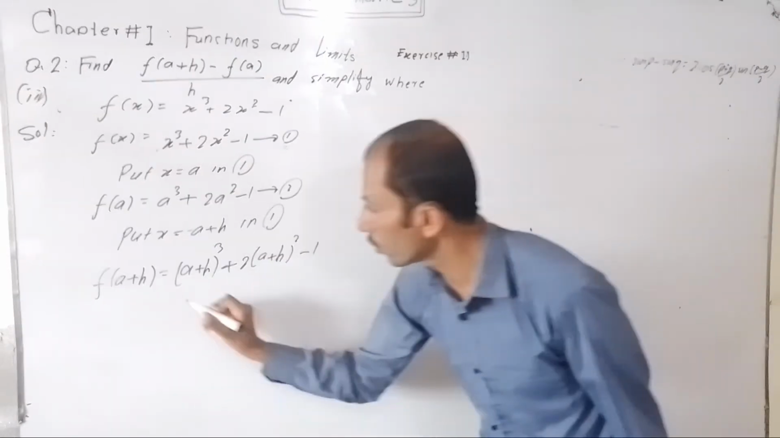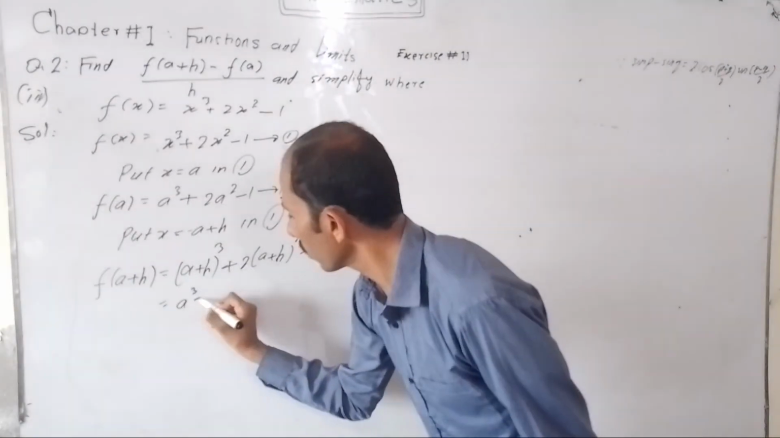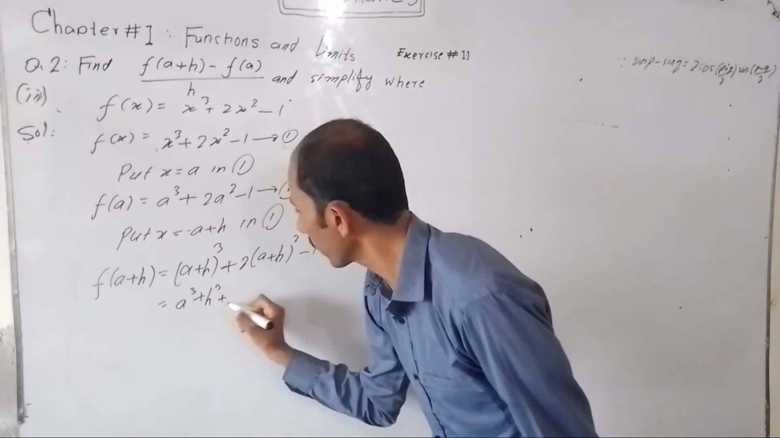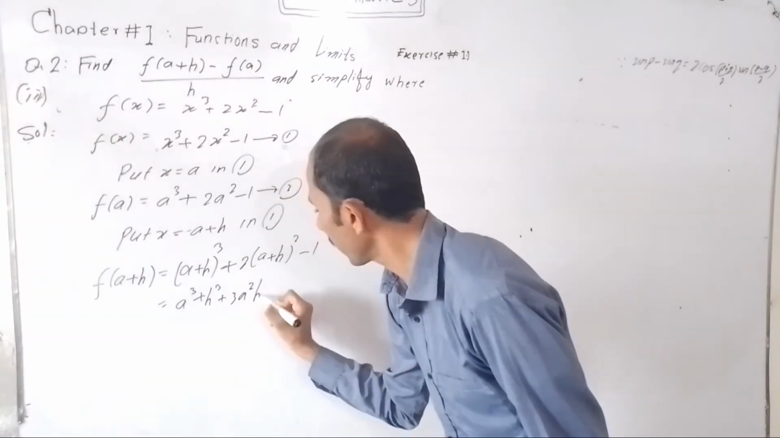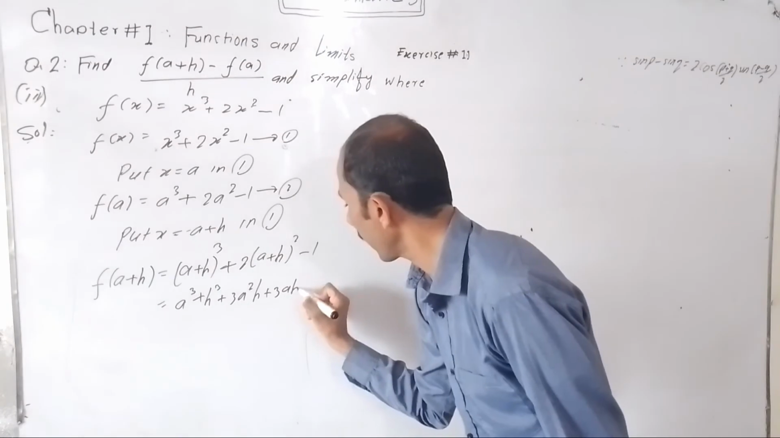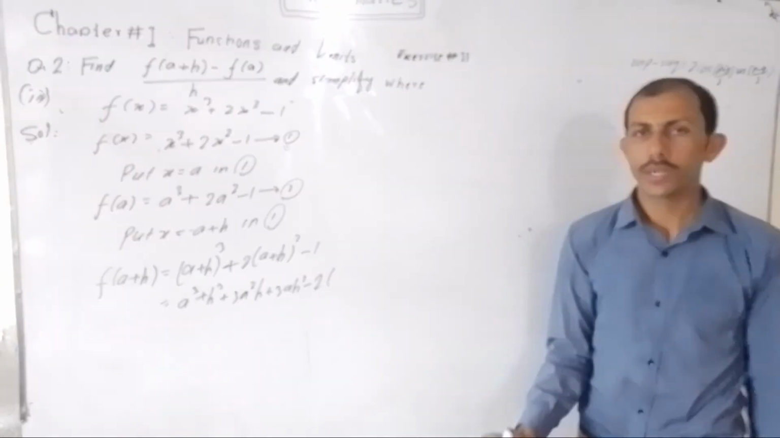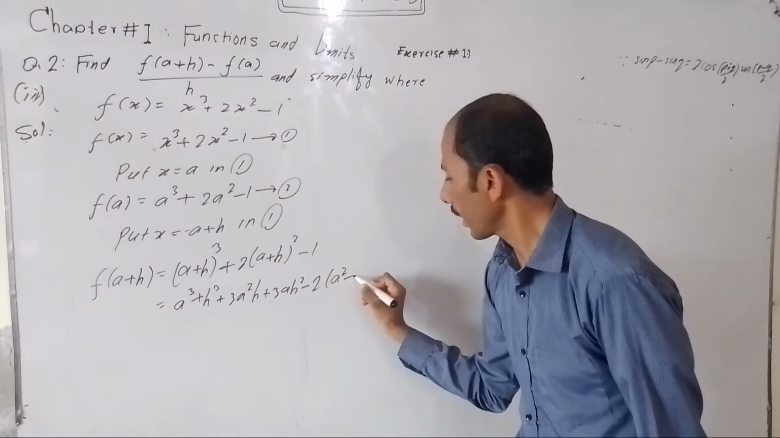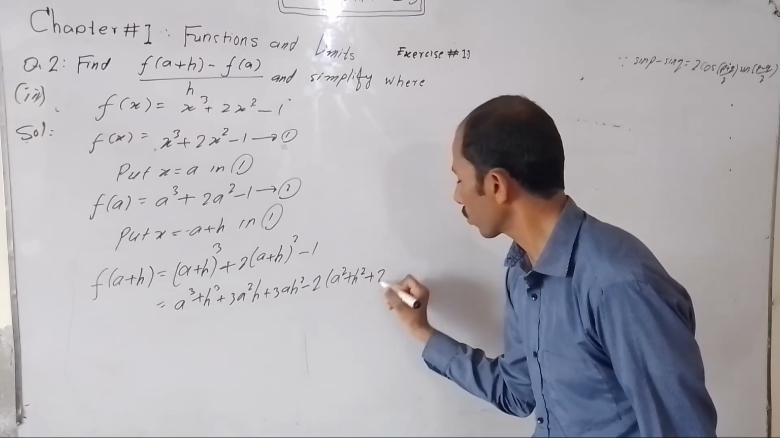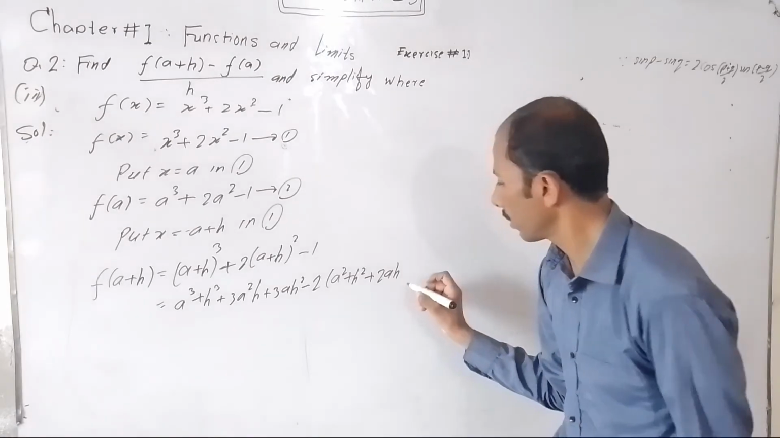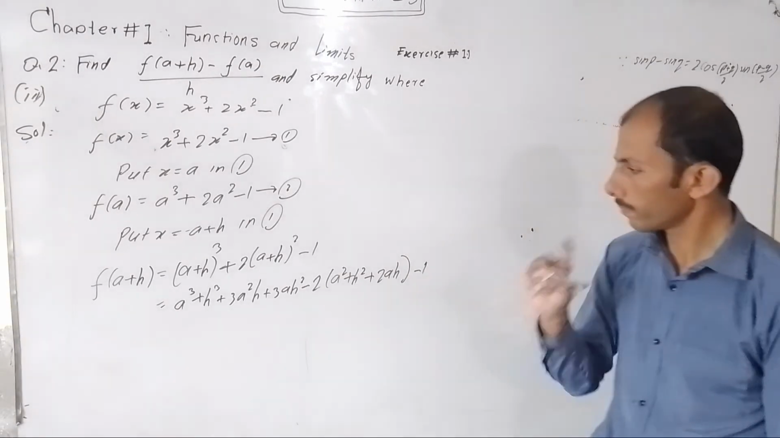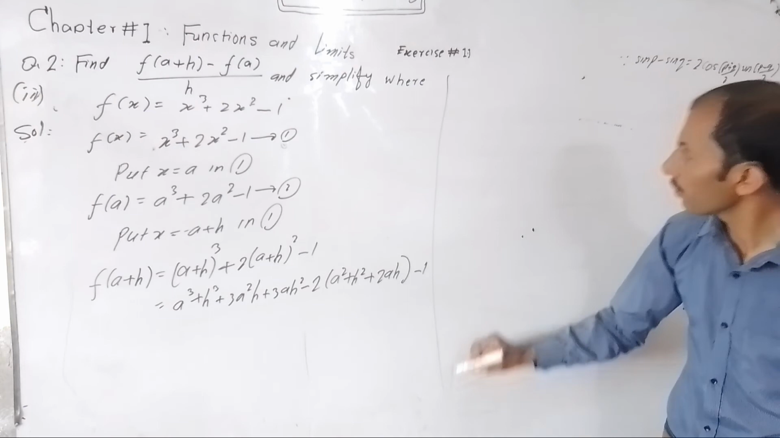That will be equal to a cube plus h cube plus 3a square h plus 3a h square, minus 2 into (a plus h) whole square, which is equal to a square plus h square plus 2ah, minus 1. We know that